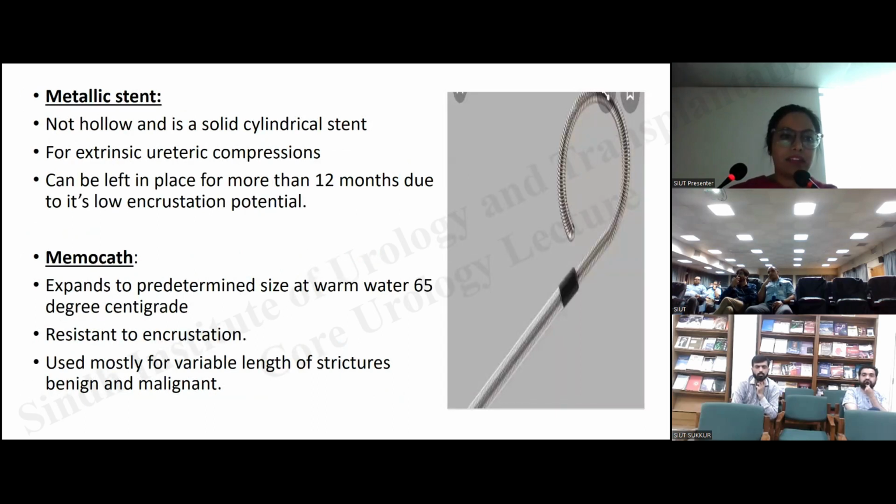A metallic stent is not hollow and is a solid cylindrical stent. It is for extrinsic ureteric compressions and can be left in place for more than 12 months due to its low incrustation potential. A Memokath, which is also a type of metallic stent, expands to a predetermined size in warm water at 60 degrees centigrade. It is resistant to incrustation. It is used mostly for variable length strictures, benign and